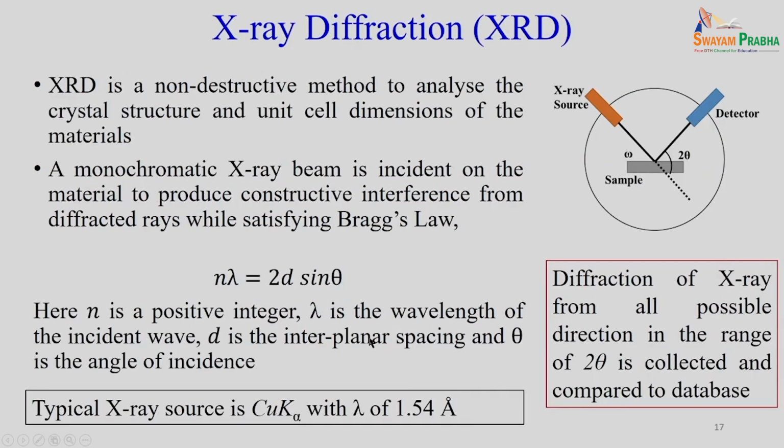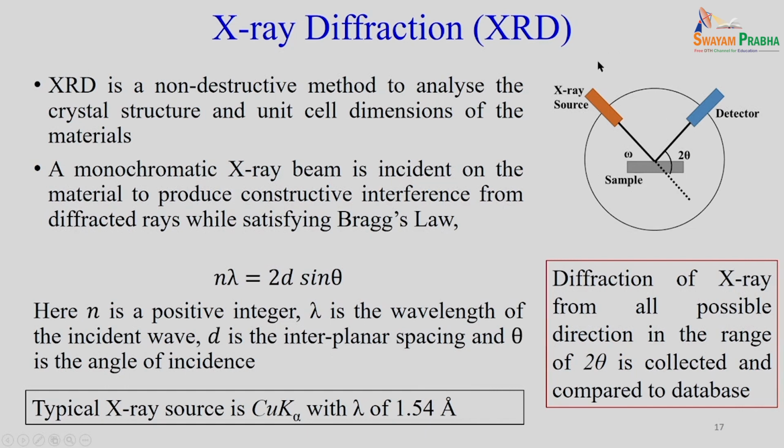So, after the XPS, we will also use the XRD. Basically this is commonly used to characterize crystalline materials. Here we basically analyze the crystal structure and unit cell dimensions of the materials. So, in this method a monochromatic X-ray beam,